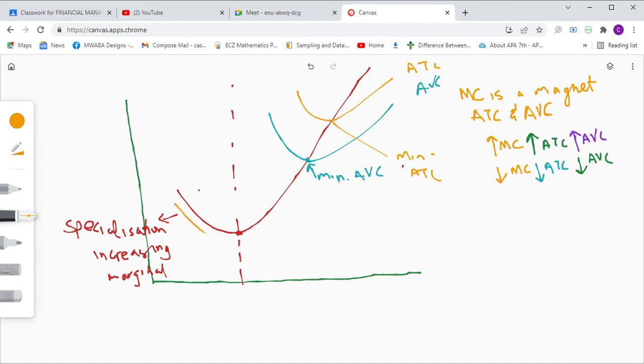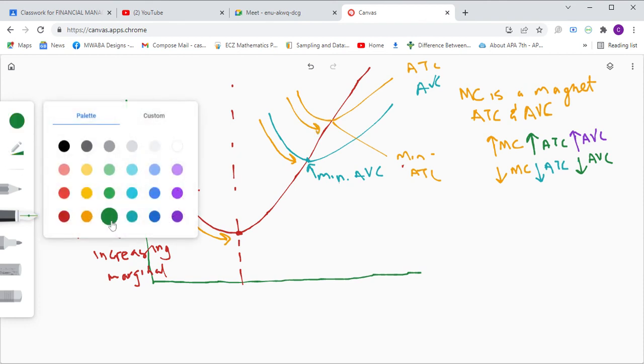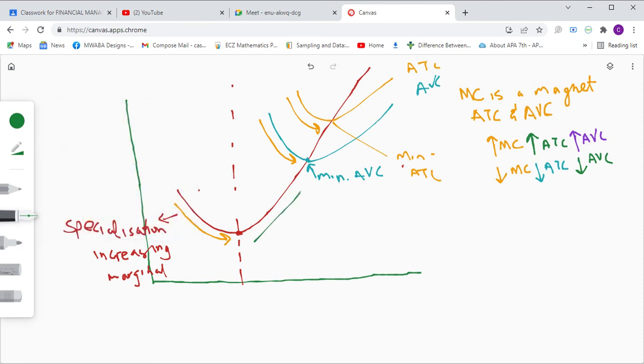So as marginal cost is reducing due to specialization here, our average variable costs are also reducing, and our average total costs are reducing. But then as marginal cost starts increasing, our average variable costs increase and our average total costs increase. So remember, the reason why the marginal cost curve is like this is because of the law of diminishing